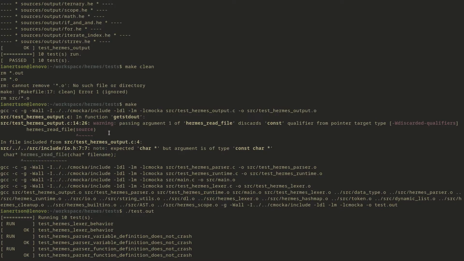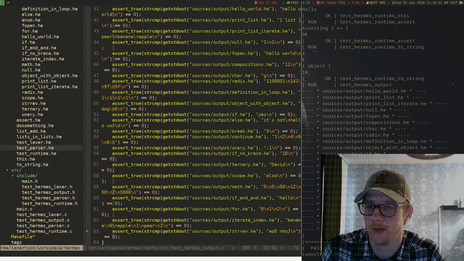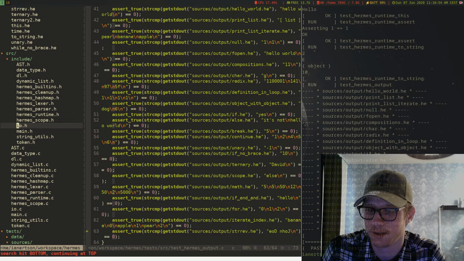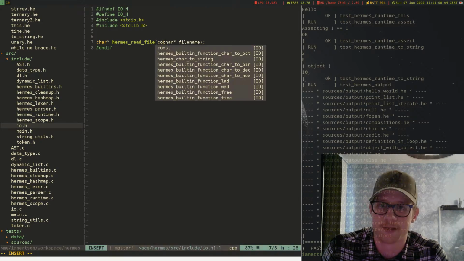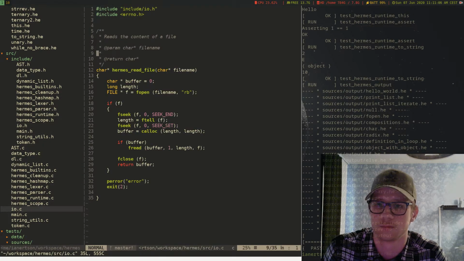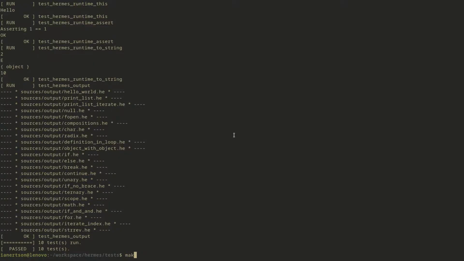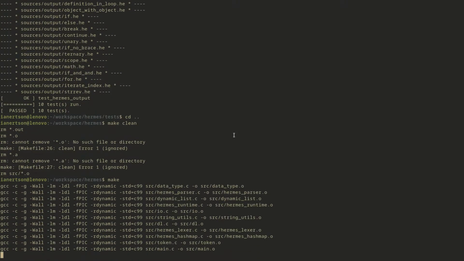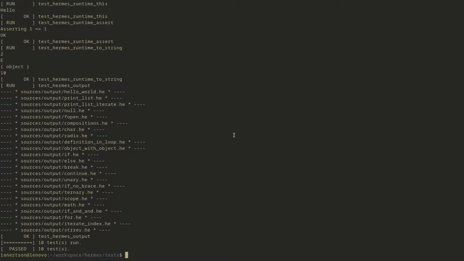So I've never actually seen that error before. So in our, I think we have an io.h. What if we just change that to a const? Okay,